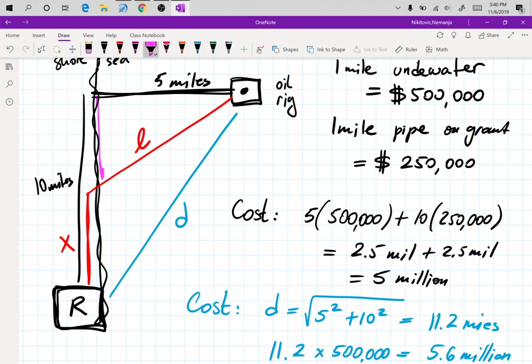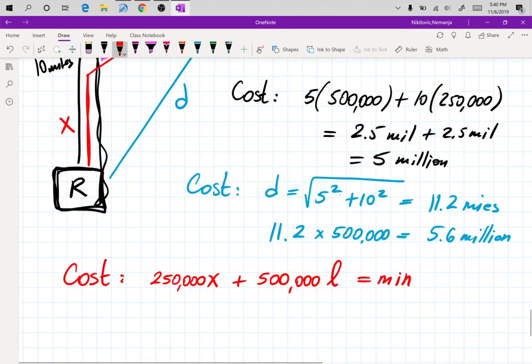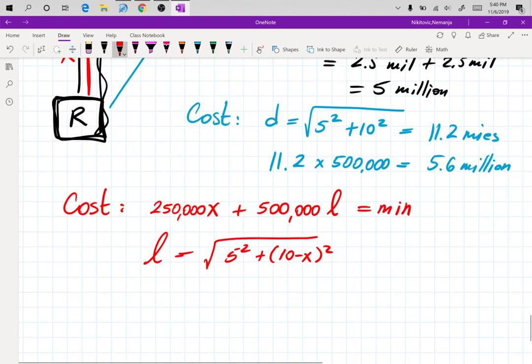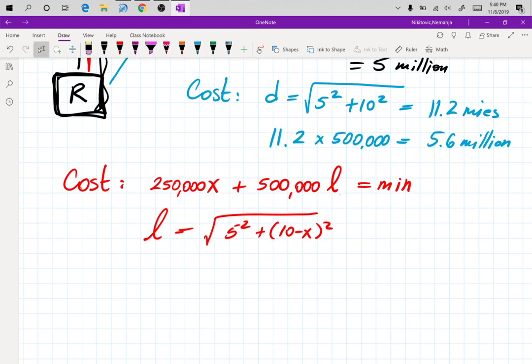Yeah, you have the distance and your hypotenuse. This distance here is 10 minus X. So you have a Pythagorean theorem. L is equal to the square root of 5 squared plus (10 minus X) squared. So try to work this one out at home, right? Because you will now plug this in there. I know we're over time, so I don't want to keep you. You will plug that for L, and then you will work out this algebra here so it's easier to take